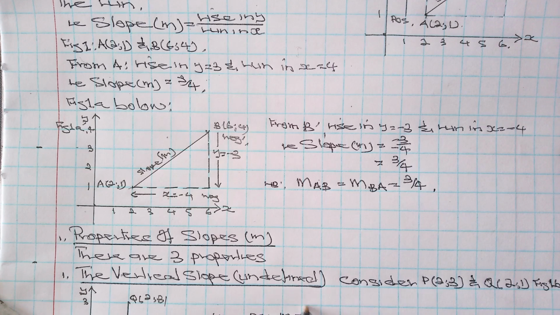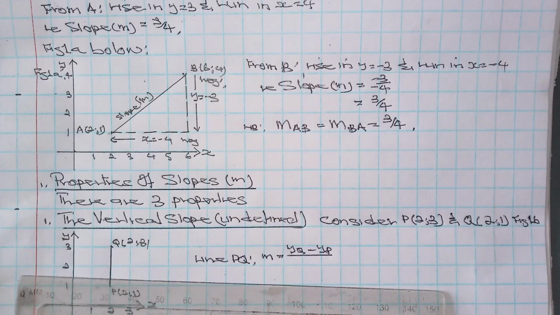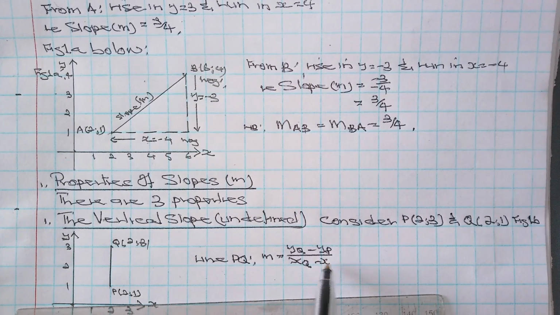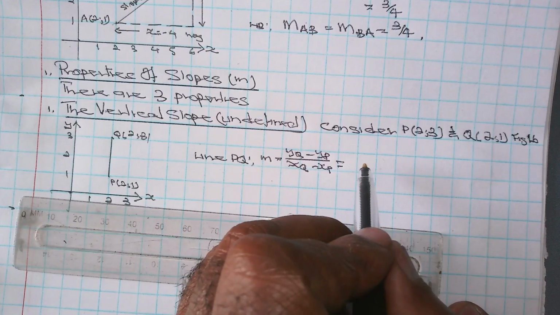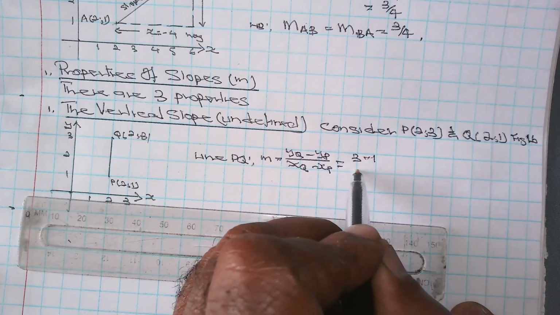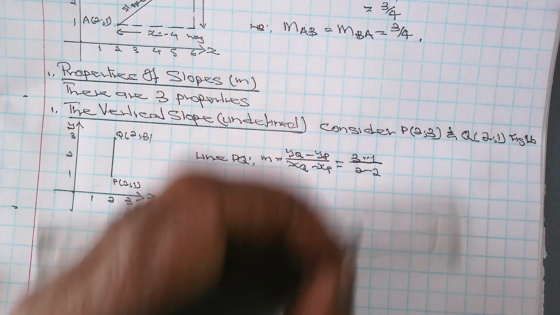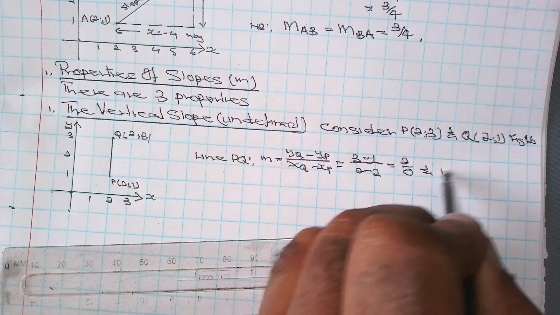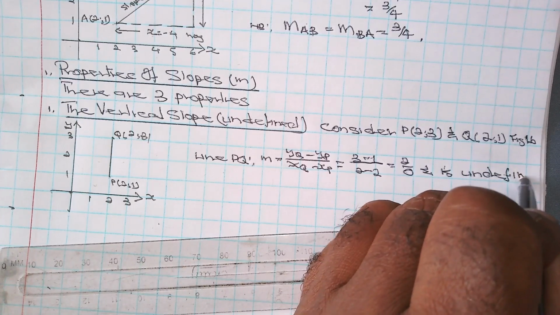M equals YQ minus YP all over XQ minus XP, which equals 3 minus 1 over 2 minus 2, which will give you 2 over 0, and is undefined